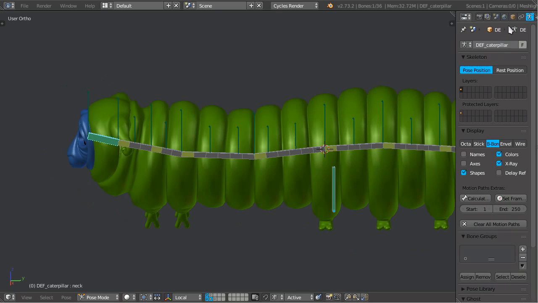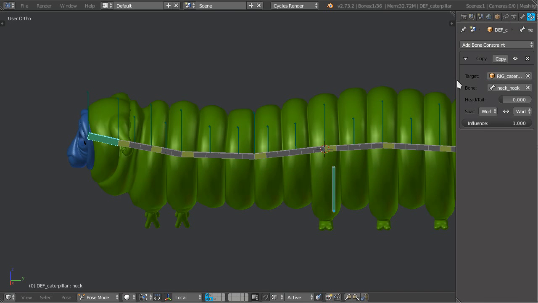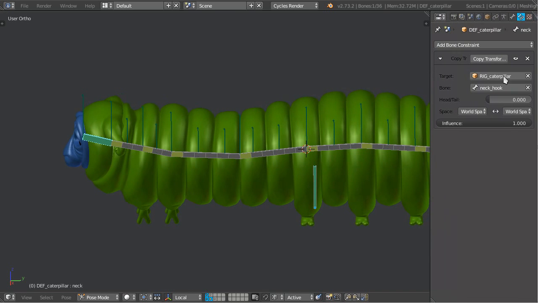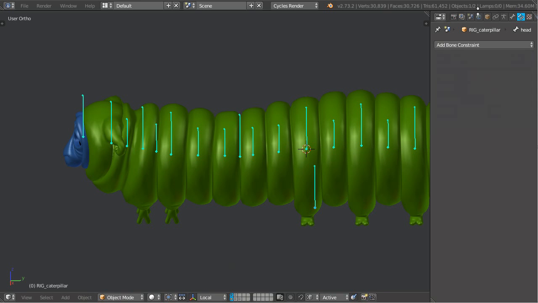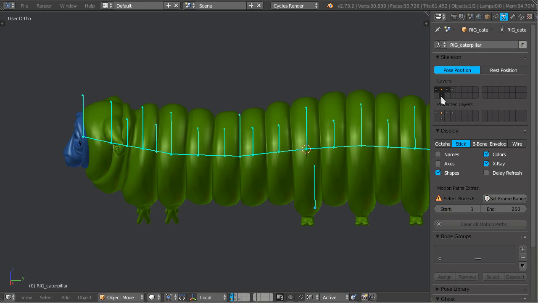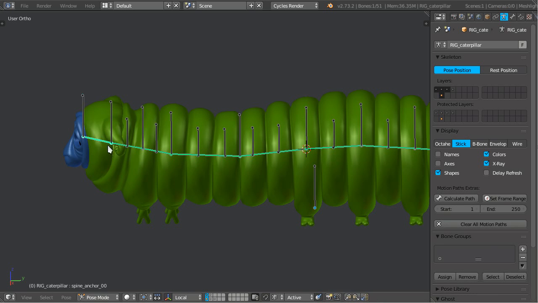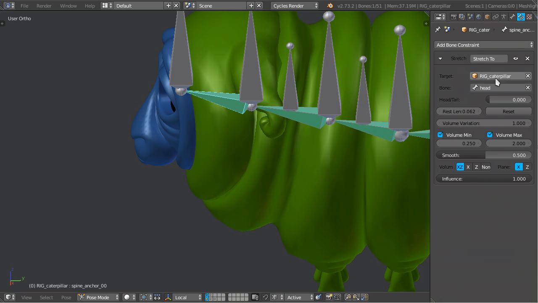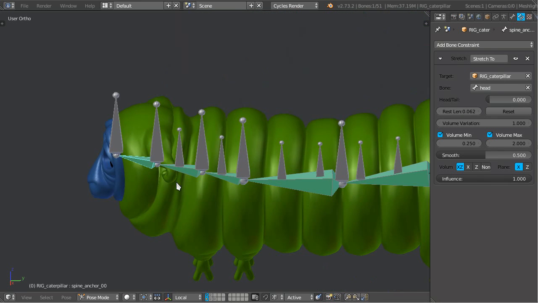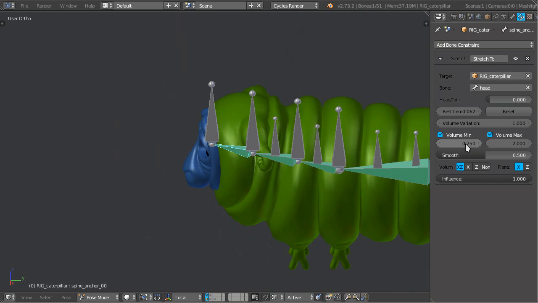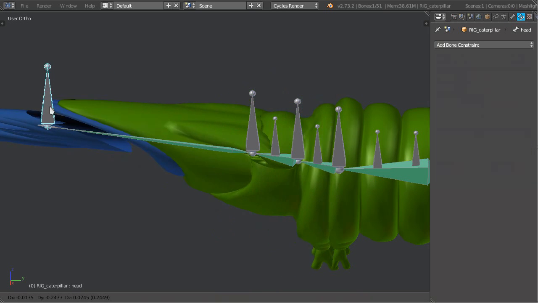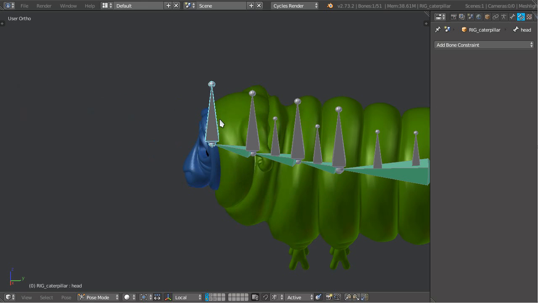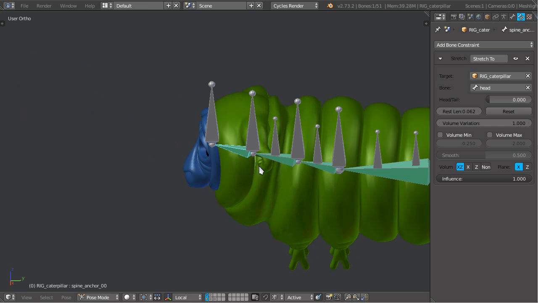So this is done with, actually not right here, it would be on the other armature here. Okay, so this is a stretch to constraint, and well, it usually just does this, and well, as you can see, it stretches,